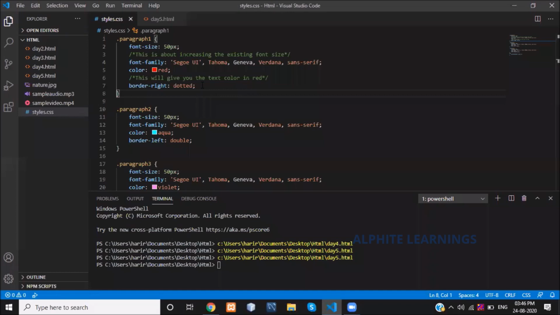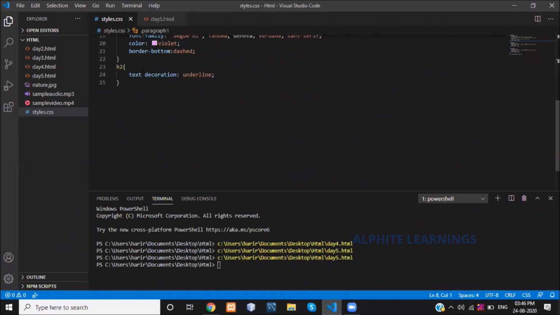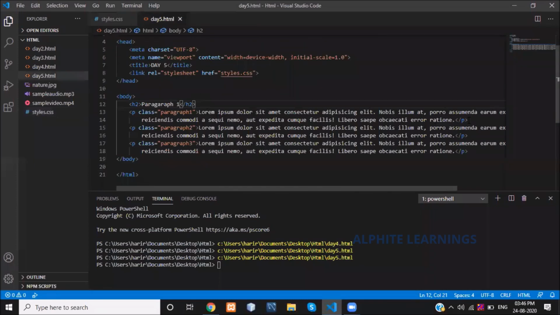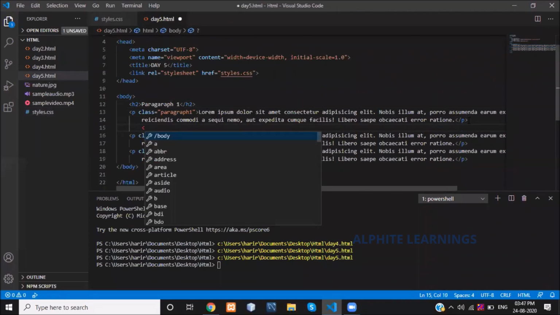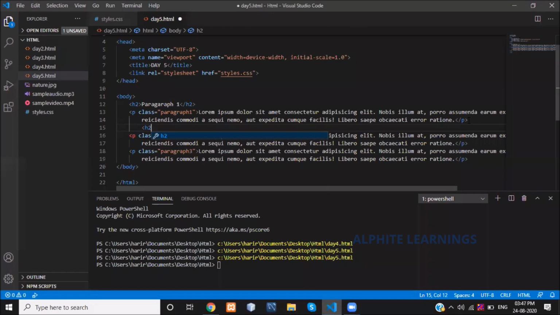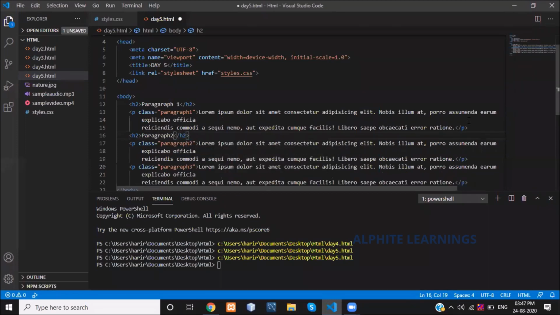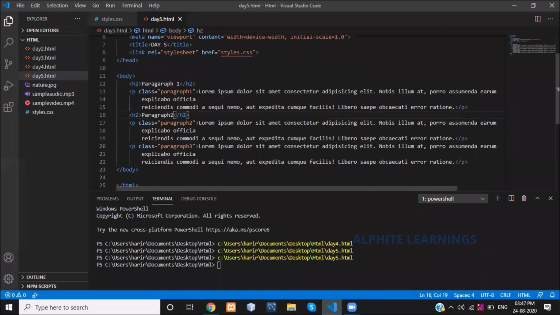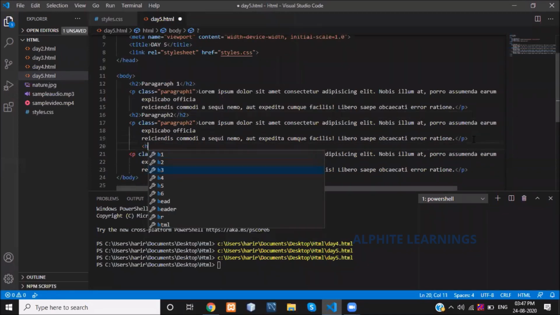For this I have added it in my heading only. Similarly, I'm adding a heading to paragraph 2 also. Similarly, I'm adding the heading to my paragraph 3 also.